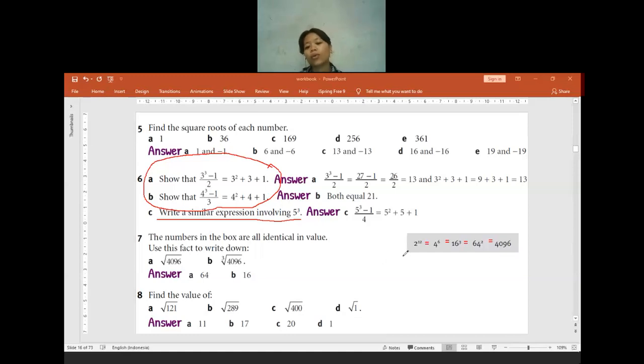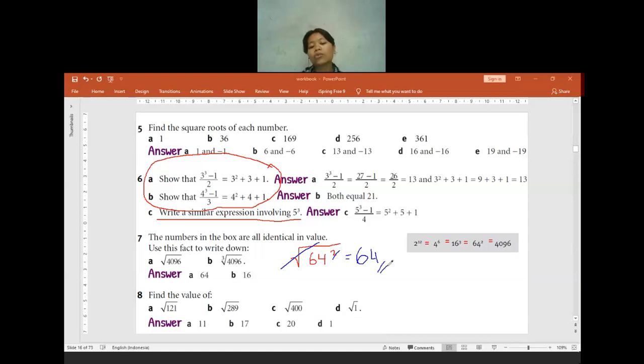Now for question 7A, we have the square root. If it is a square root, it will be easier if you take the square number. So now I will change 4096 into 64 to the power of 2. So I will have the square root of 64 to the power of 2. The power and the root cancel each other. So I can cancel the square root with the to the power of 2, and the leftover is 64. The answer is 64, not 64 to the power of 2.